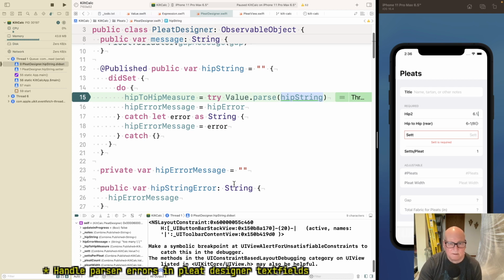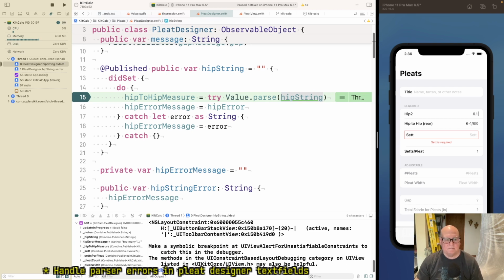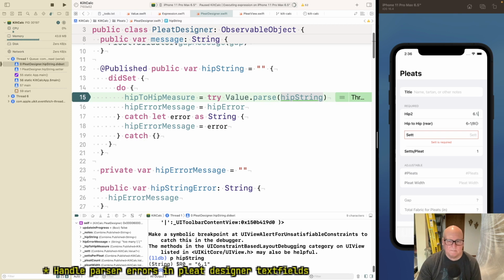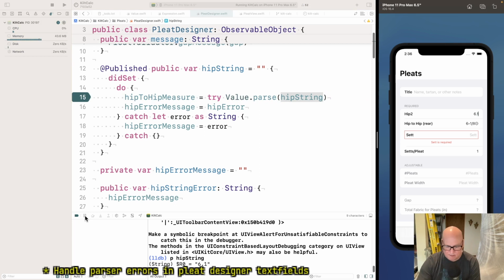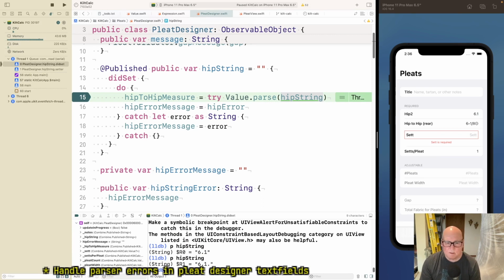Hip string. 6.1. It's not displaying it yet, but that's okay. We'll continue. Continue. Okay. Now, dot 6.1 dot step over.